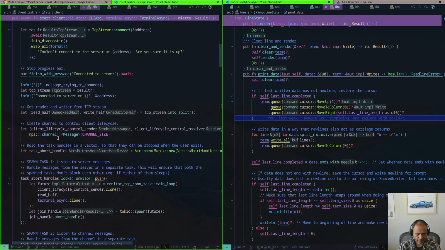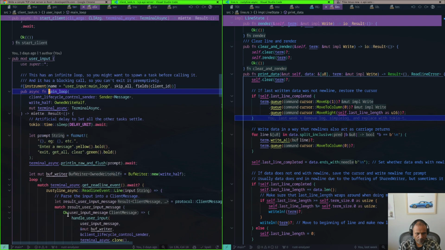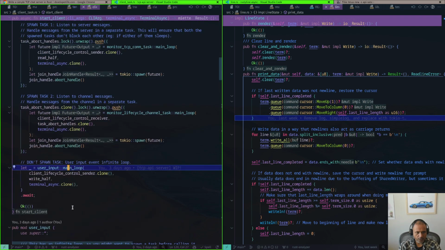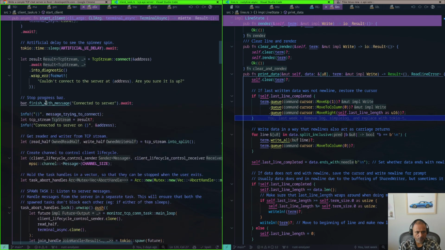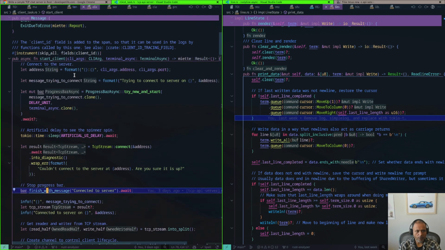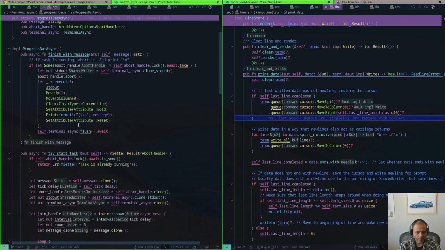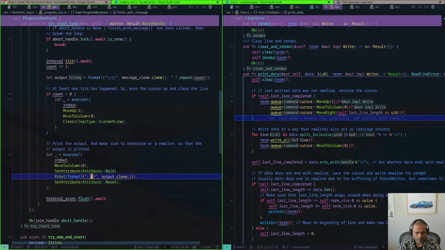So we have a whole bunch of stuff being set up, and then we enter the main event loop. There's a delay. That doesn't seem to do anything. Maybe it has some interaction to do with this finish with message. That has a new line. So this is the progress bar. When you spawn a progress bar, in order for it to actually work, it has to dump an unnecessary \n,